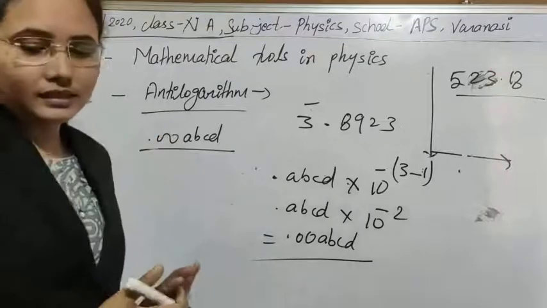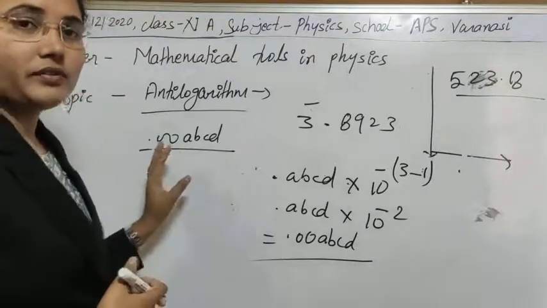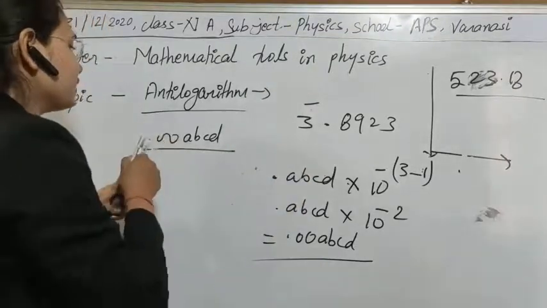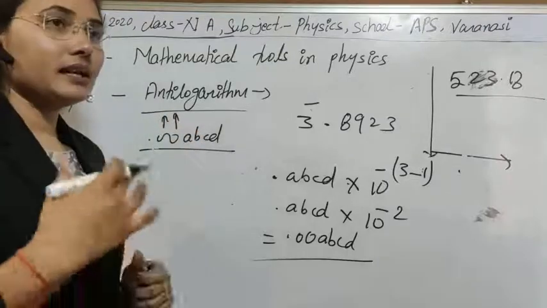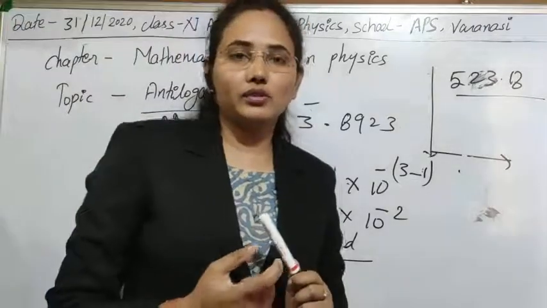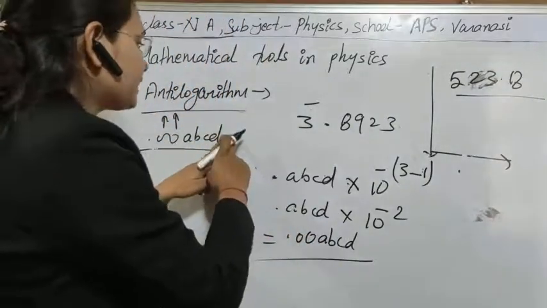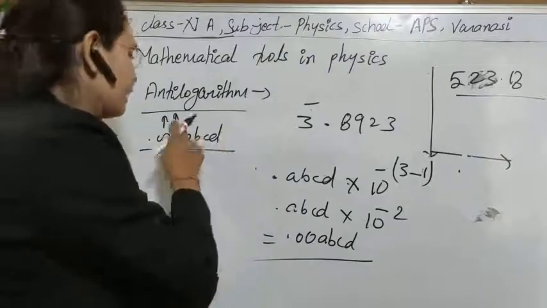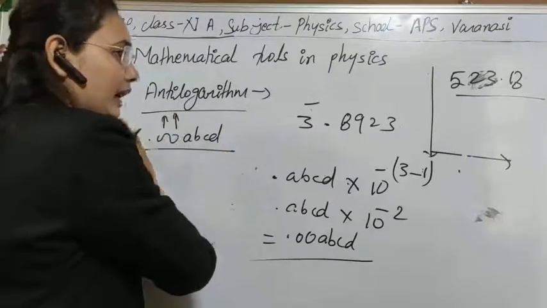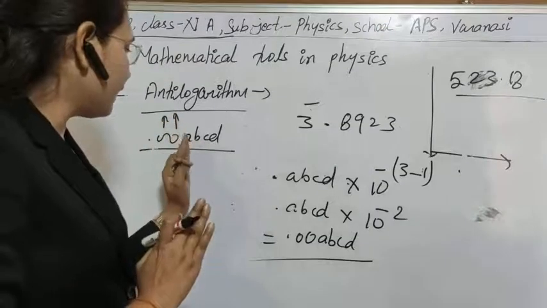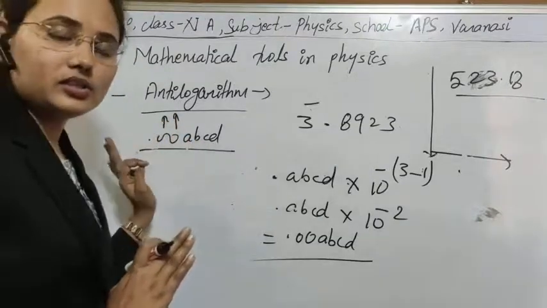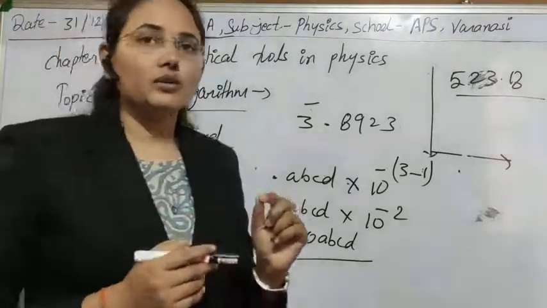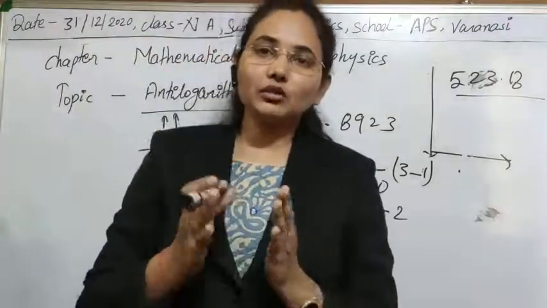Before the mantissa, you have to calculate the characteristic. First of all, see the zeros here, because the mantissa is calculated from the non-zero values. If a zero is placed after a non-zero digit, then it is significant. But here we have zeros before this A, and these are the zeros you have to take for the characteristic calculation. So whenever there are zeros after the decimal, you have to count that number of zeros.